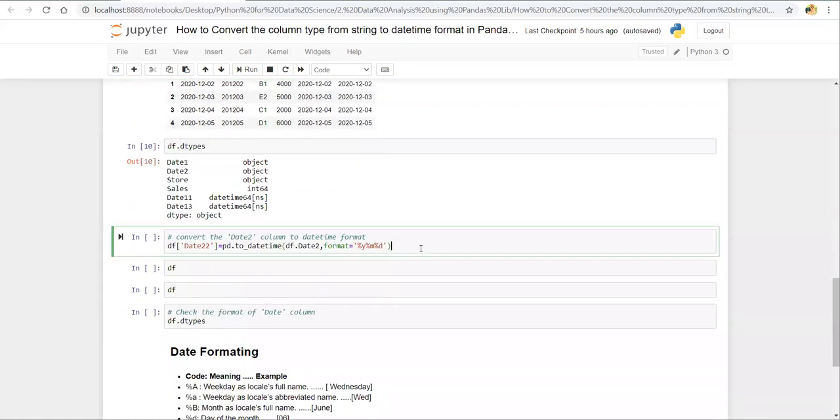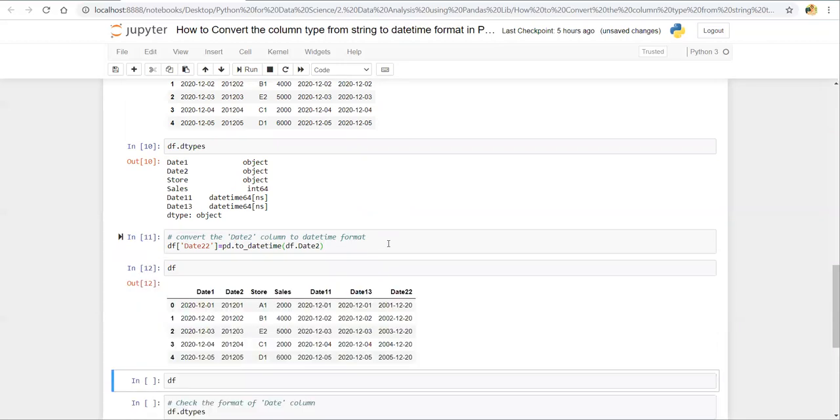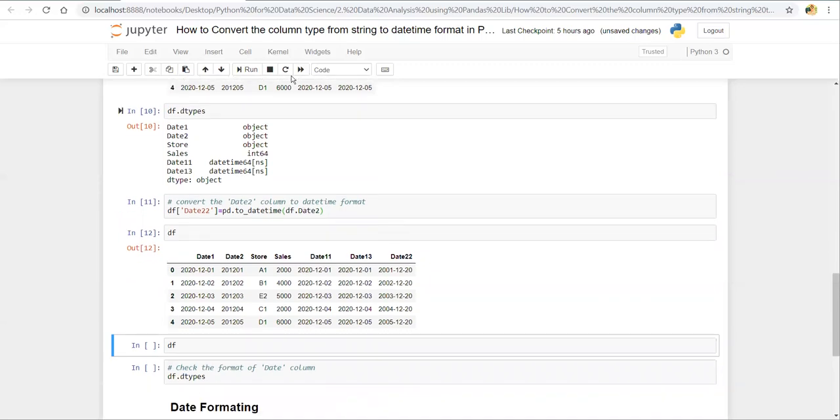Now let's check. Here I'm converting the date 2 column to datetime format, creating a new column for it. So let's remove this and check the output of this line of code. You can see that date 22 is in this format: 2020, where 12 stands for the month and 01 stands for the first date.